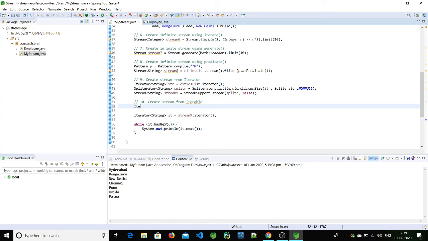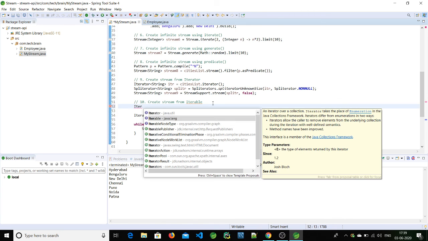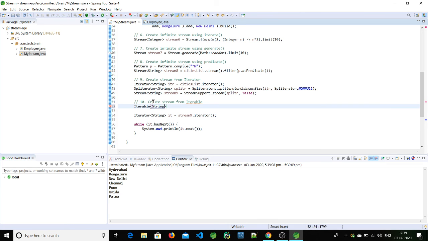So for that, Iterable of string type, iterable equal to, and directly we can assign this list, because anyway it is a subclass of this and it is the same type.